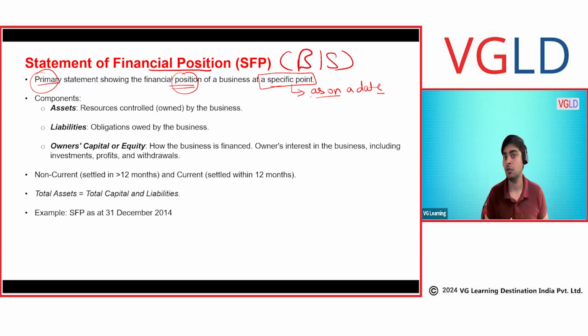That is what the balance sheet shows. What is your position? How much liability do you have? How much assets do you have on a particular date? Let's say I talk to Mr. A, and Mr. A has 10 crore when I met him in January. How does this 10 crore consist? Basically 25 crore of house and 15 crore of loan. So his net assets were basically 10 crore at the date of January.